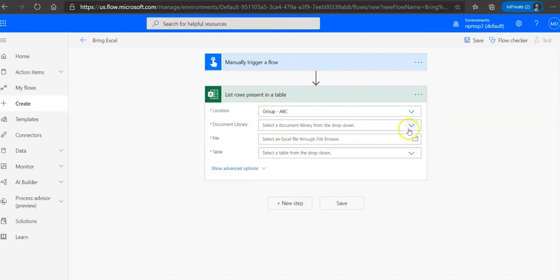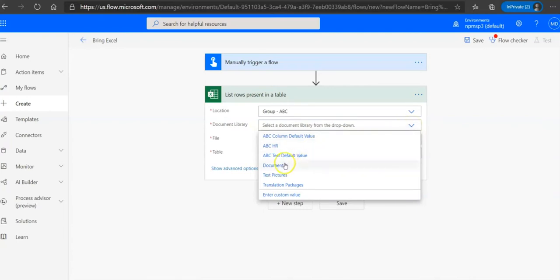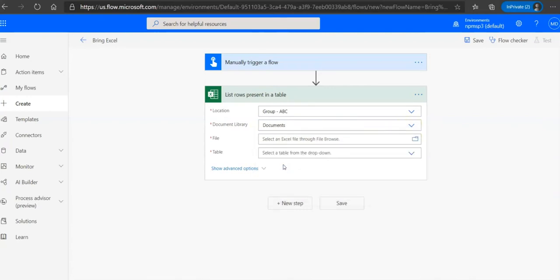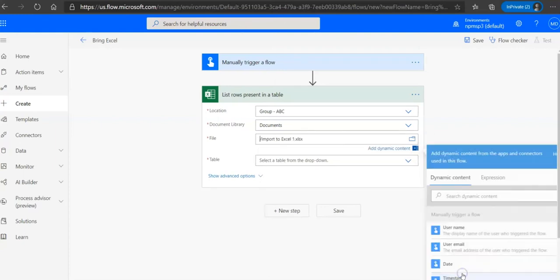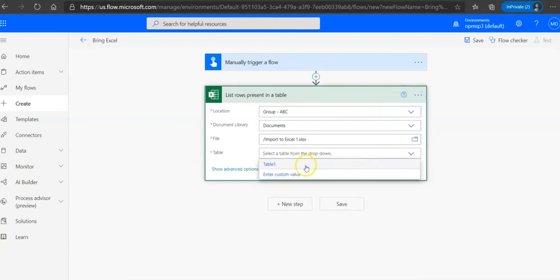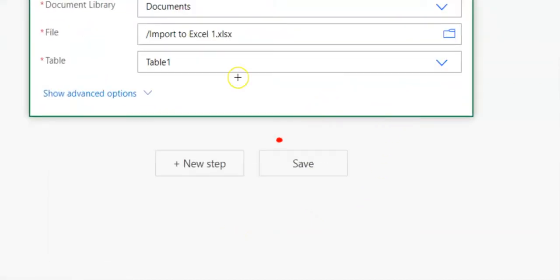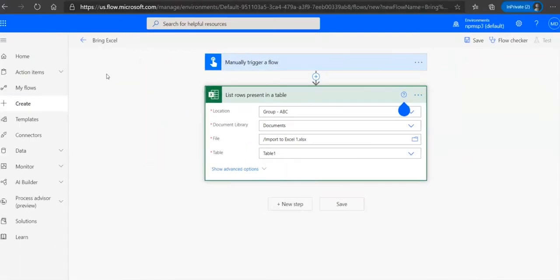Document library, which is the documents, and click on file. So import to Excel 1.xls, that's the file that we just created in our lab 1. And click on table. We have just one name, table 1, so select that. So these are the options that we brought it in: document library, file, table, and the first one was location, which is our site. Okay, so click on next step,